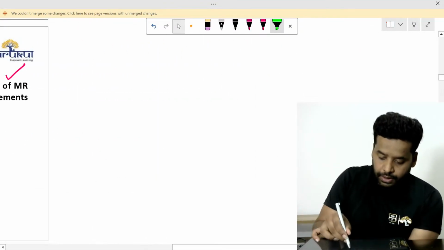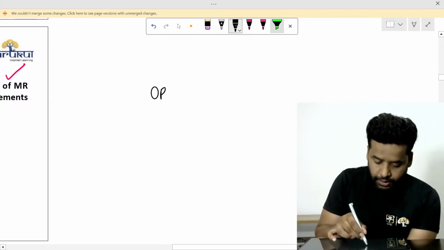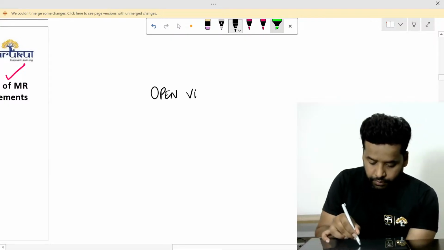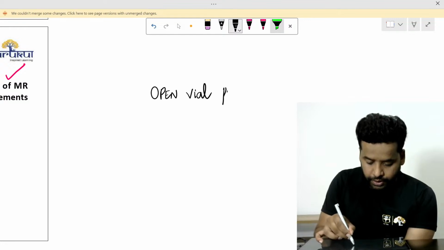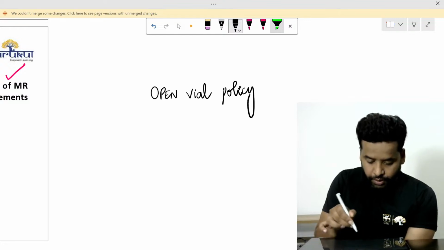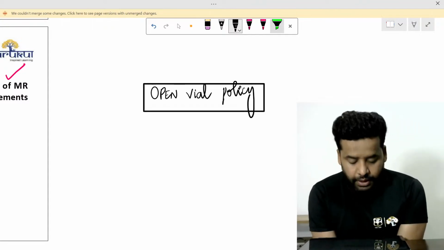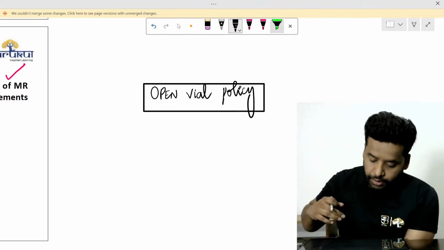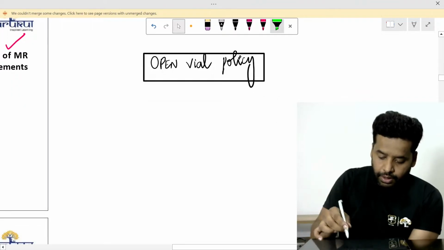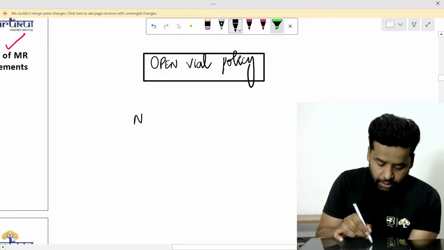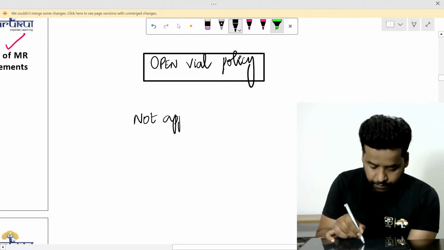Open vial policy: what should you know? Any vial which is opened, you can use within 28 days. Date and time should be mentioned. Open vial policy means you can use it in the next session. It is not applicable for